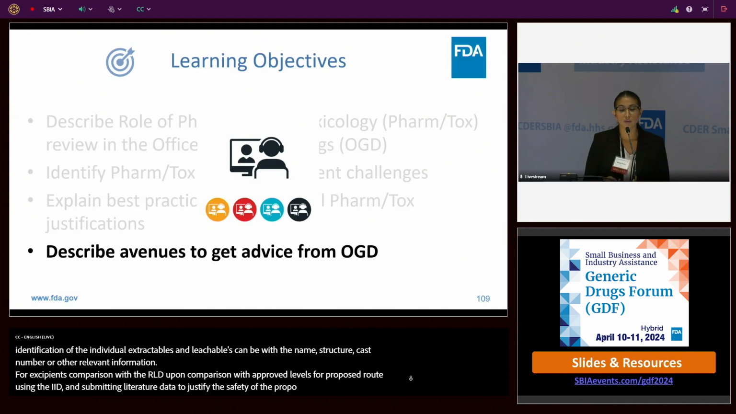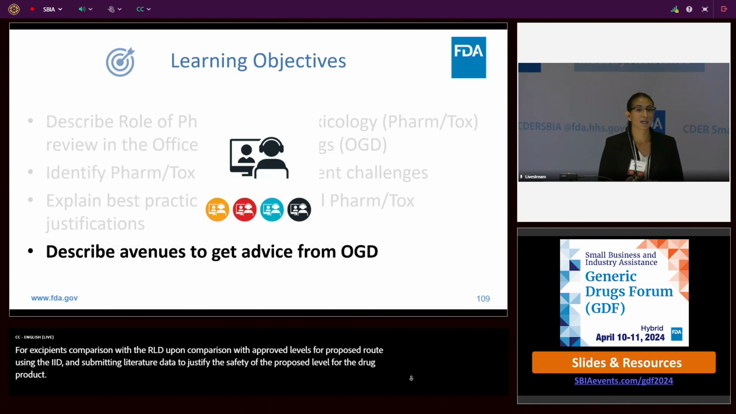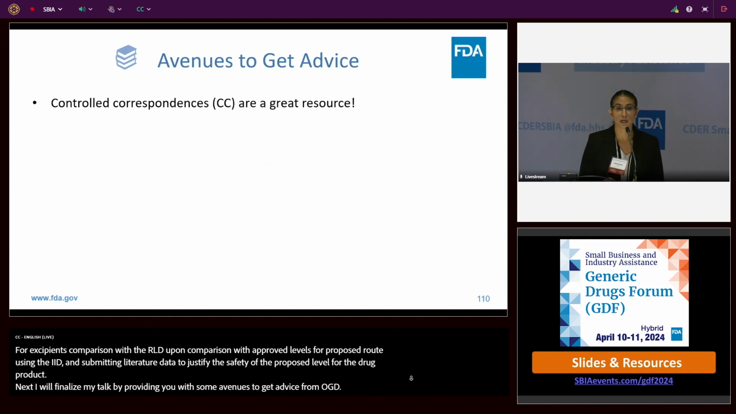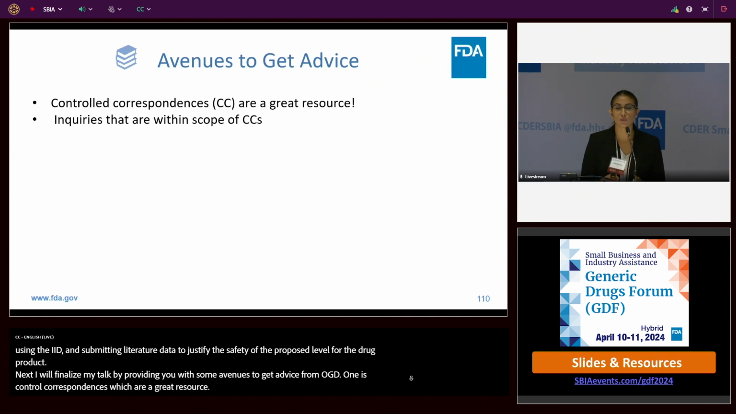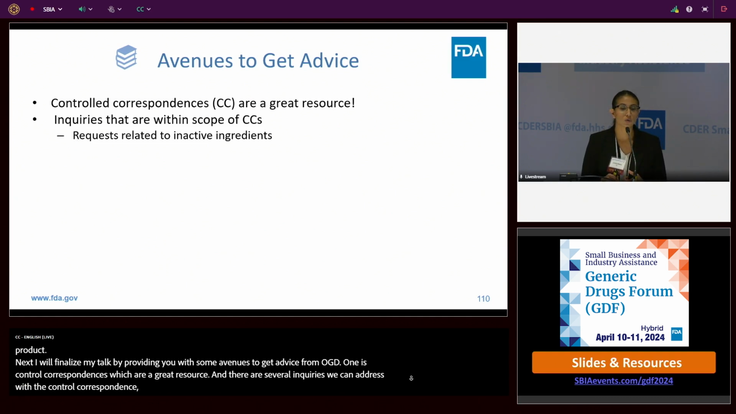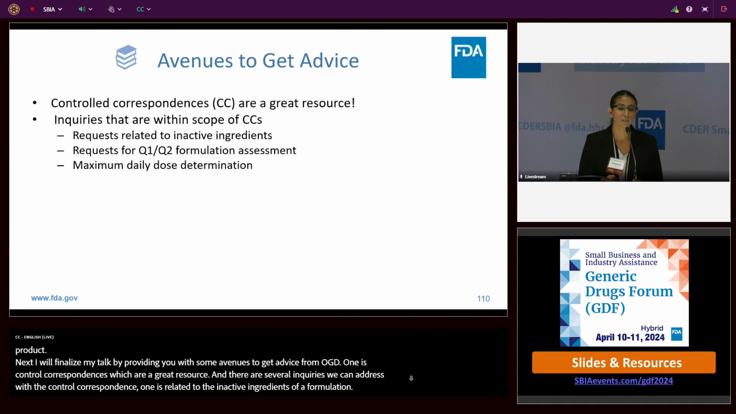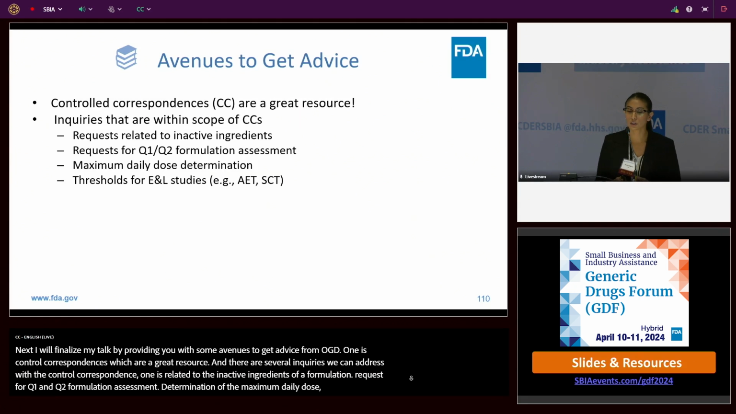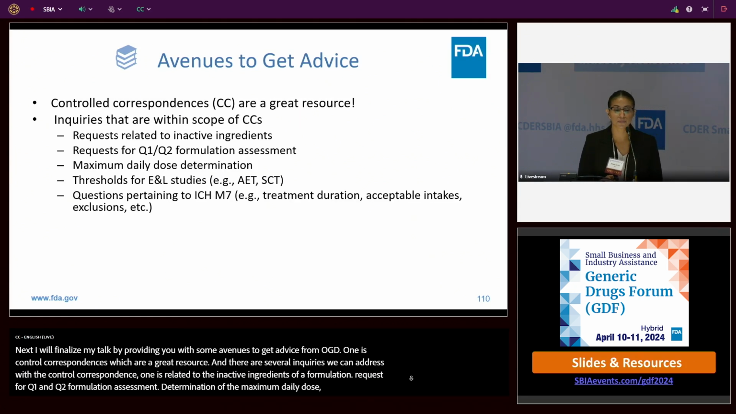And next, I will finalize my talk by providing you with some avenues to get advice from OGD. And one is control correspondences, which are a great resource, and there are several inquiries that we can address with the control correspondence. One is related to the inactive ingredients of a formulation, request for Q1, Q2 formulation assessment, determination of the maximum daily dose, determination of thresholds for ENL studies like calculation of AET and SCT,